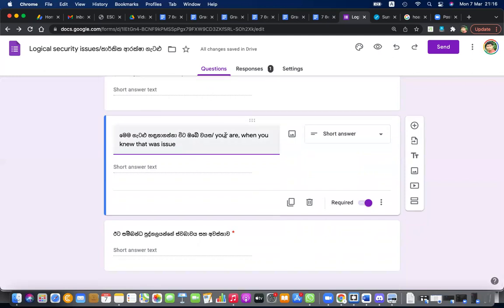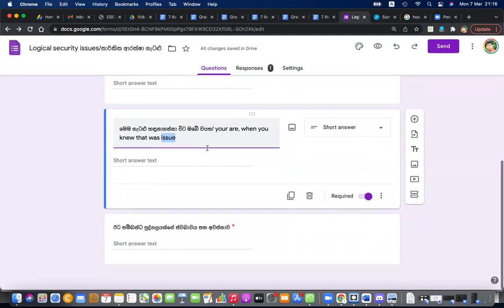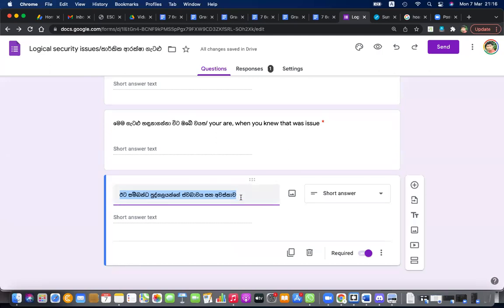So I'm asking not about that, but when you knew that is a virus. So mention all these things, right? Not just about viruses, about identity theft too, right? Then finally, please tell me